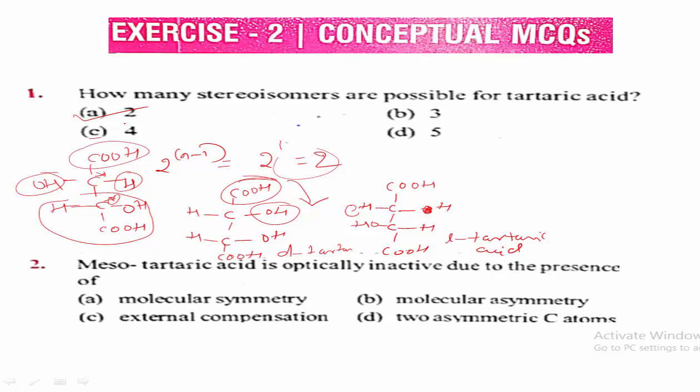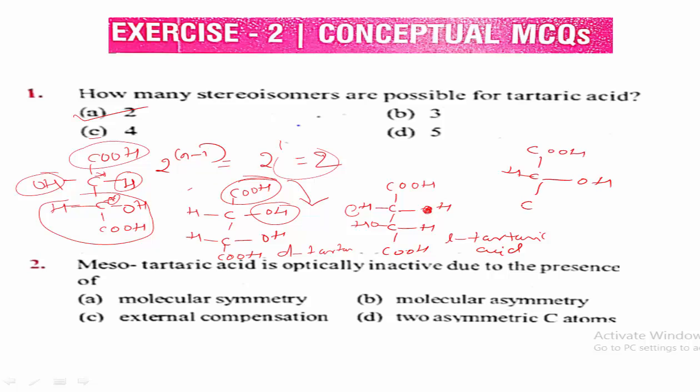Remember, meso-tartaric acid is optically inactive due to the presence of molecular symmetry. Molecular symmetry is observed here. It is optically inactive due to internal compensation, that is, the effect of one half of the molecule is neutralized by the other. Why? Students, if you observe the tartaric acid structure,